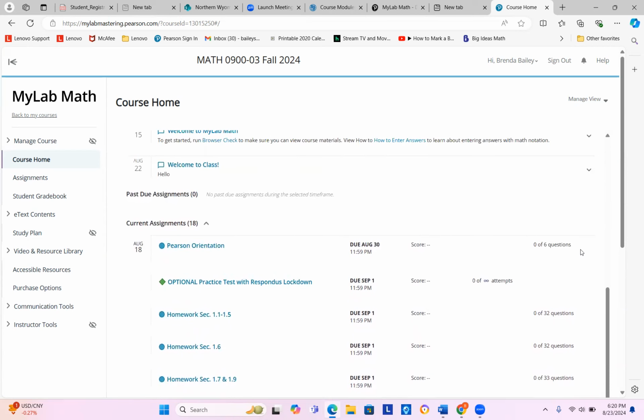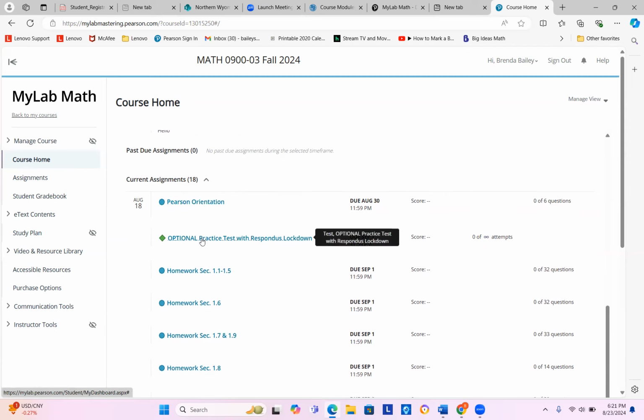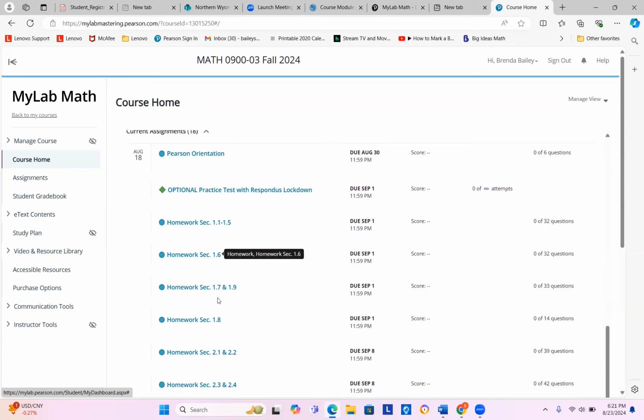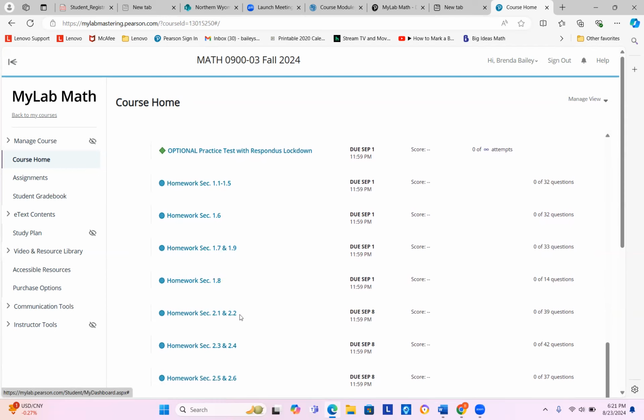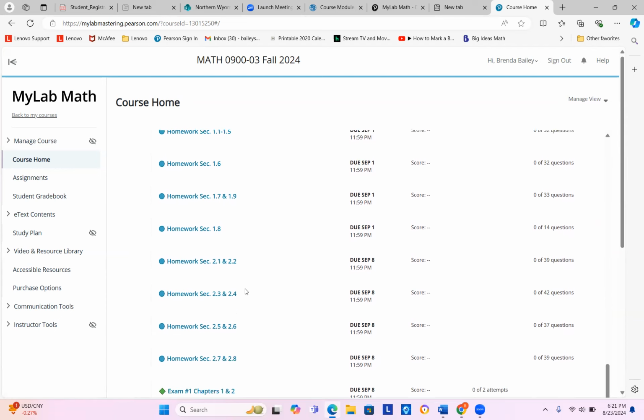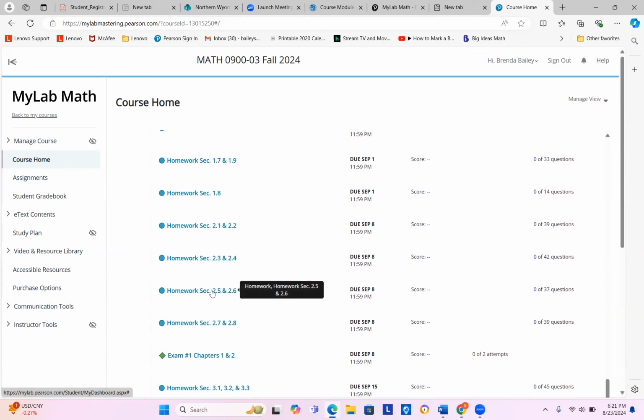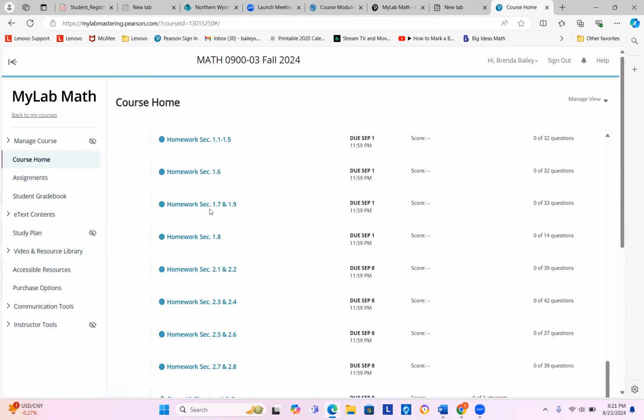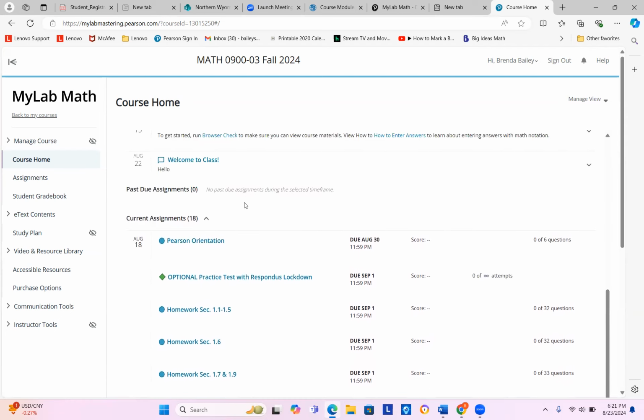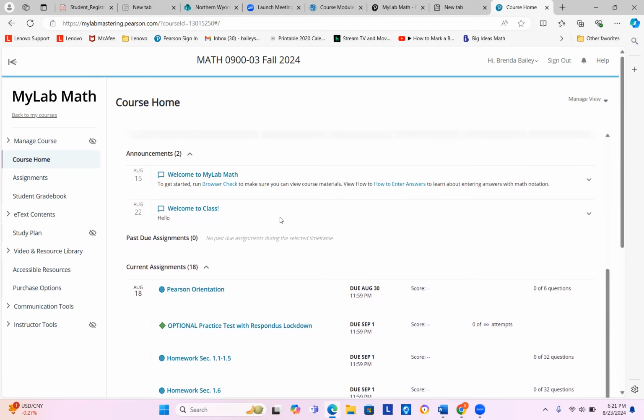So if you were to click on Pearson orientation, it will take you to that assignment. Here's your optional practice test. You can click on it. So you can just move your way down with these assignments and click on them and get them done. You can always save them and come back. What we're going to do is click on an assignment, and I'm going to show you exactly how that might look. But before I do that,